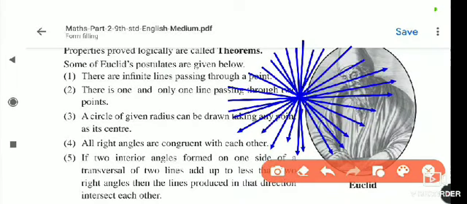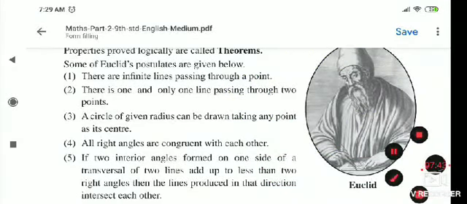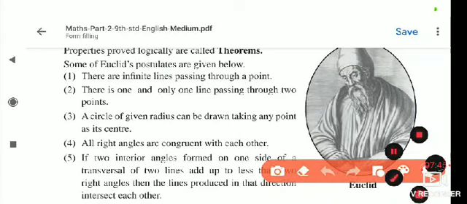Okay, now, understood. So what I said, that an infinite number of lines pass through a single point, that statement is a postulate. There is one and only one line passing through two points. First postulate: an infinite number of lines pass through a single point. Now secondly, what they told you is how many lines pass through two points.